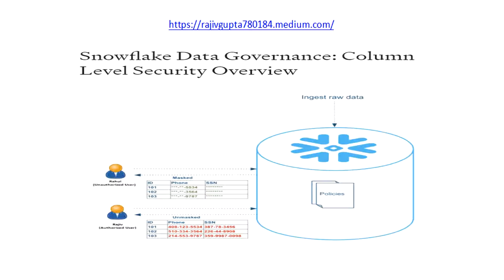So basically, column level security is a broader term. In Snowflake, column level security has been implemented using two different features. First is dynamic data masking, and the second is external tokenization. If you have not seen my blog on dynamic data masking, you can have a look into that. I have captured all the details and also provided a demo on how to implement dynamic data masking in Snowflake.